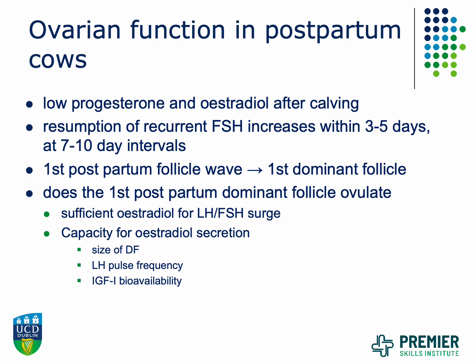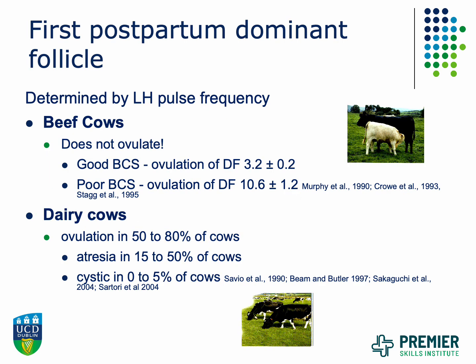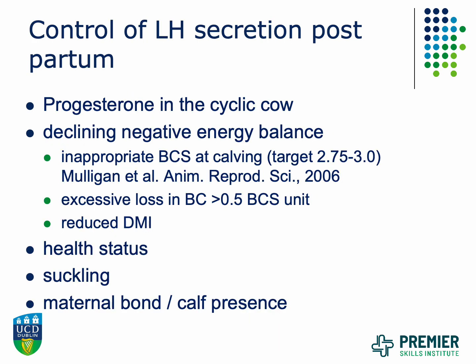And that has to do with the estradiol produced by this follicle and the concentrations that are produced. What happens with it is determined by the LH pulse frequency, as I said before. In beef cows, in general, they don't ovulate. In dairy cows, up to 80% will ovulate, but the rest will either turn over, or go atresia. The LH secretion postpartum is very much controlled by